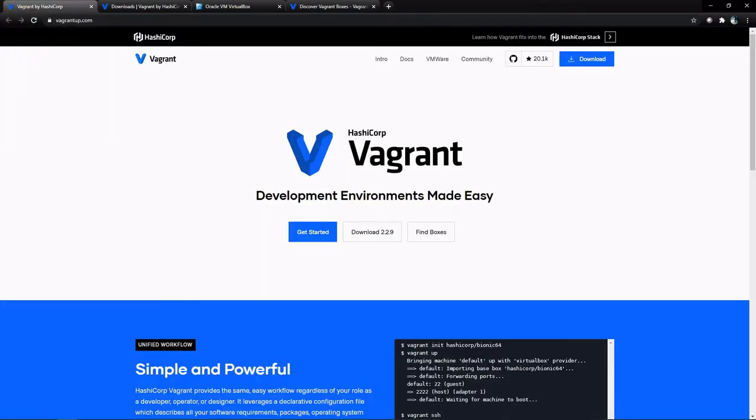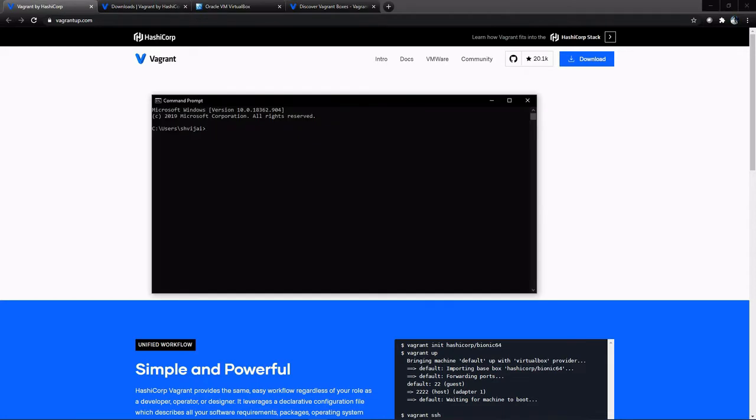The reason for VirtualBox is that Vagrant needs a provider, basically a VM provider. VirtualBox is more popular, but you can use others as well. The installation is very straightforward. Just go ahead and click next and finish. Once you are done, open up your terminal or command prompt and issue command vagrant -v. You can see the Vagrant version.